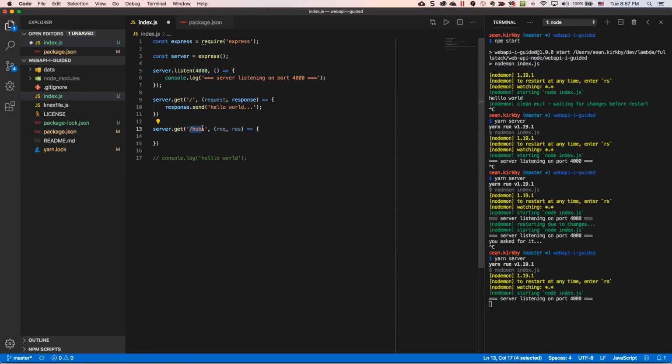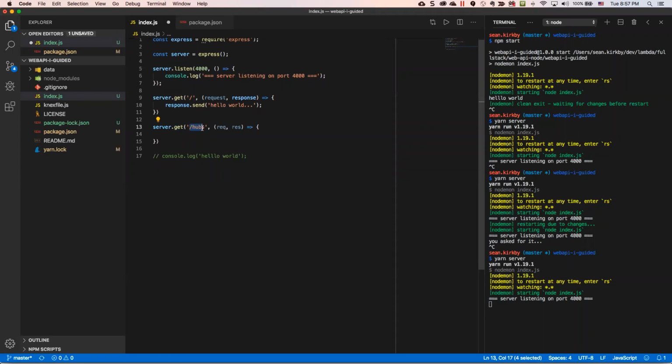Turns out you can actually have multiple get handlers for the same path, and they'll be stacked onto one another, and you can ensure that they're all executed in a particular order. We'll learn how to do that later in the course as we learn more about Express. But for today, just know that we've got a handler for this path, and now we're going to create a